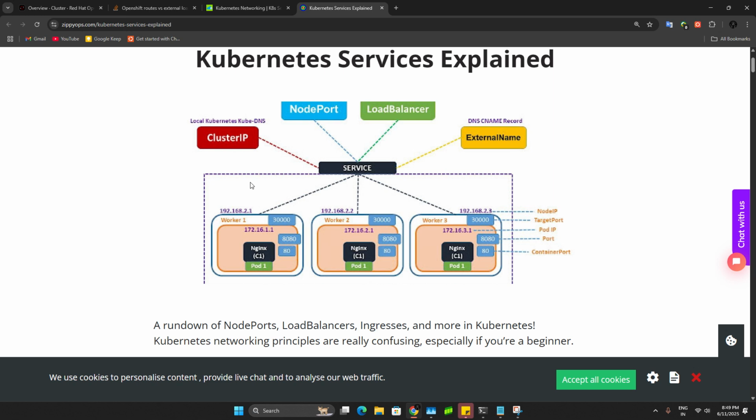Each pod will run as an application. So if a user is hitting the Nginx application, 10 users can access this Nginx. Means we require a load balancer, so it will come directly to the node port.